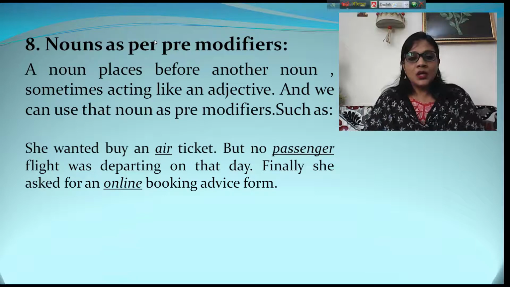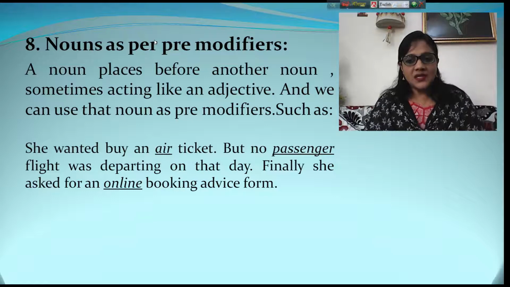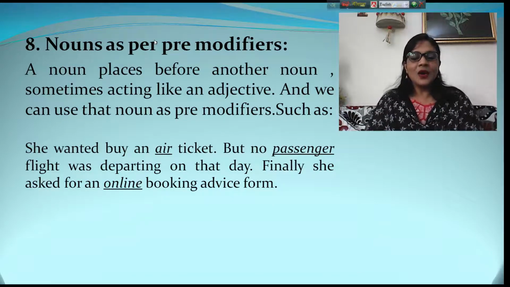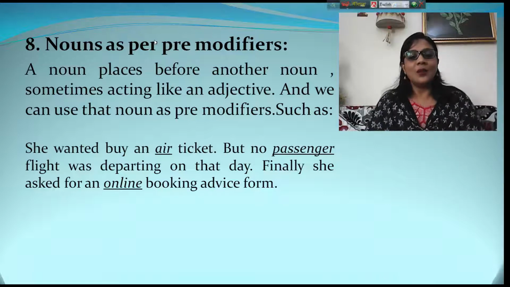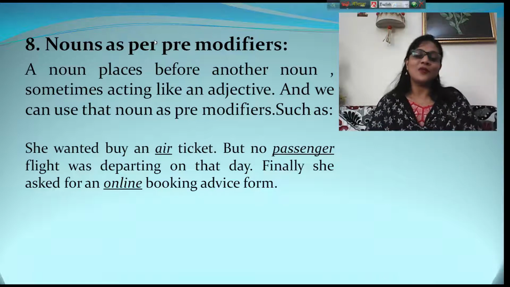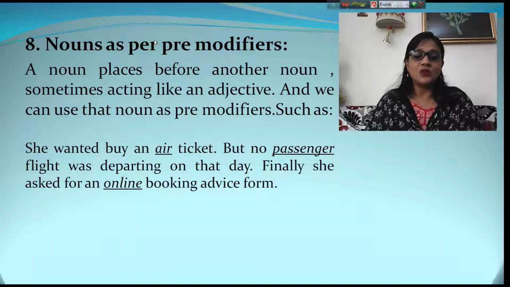But no passenger flight was departing on that day. Passenger flight. Here the same case. Finally she asked for an online booking advice form. অর্থাৎ যখন দুটা নাউন পাশাপাশি বসবে এবং প্রথম নাউনটা দ্বিতীয় নাউনকে মডিফাই করবে, তখনই আমরা প্রথম নাউনটাকে দ্বিতীয় নাউনের মডিফায়ার হিসেবে বসিয়ে দিব, এবং যেহেতু এটা পূর্বে বসছে দ্বিতীয় নাউনের, এই জন্য এটা প্রি মডিফায়ার হিসেবে কাজ করছে।